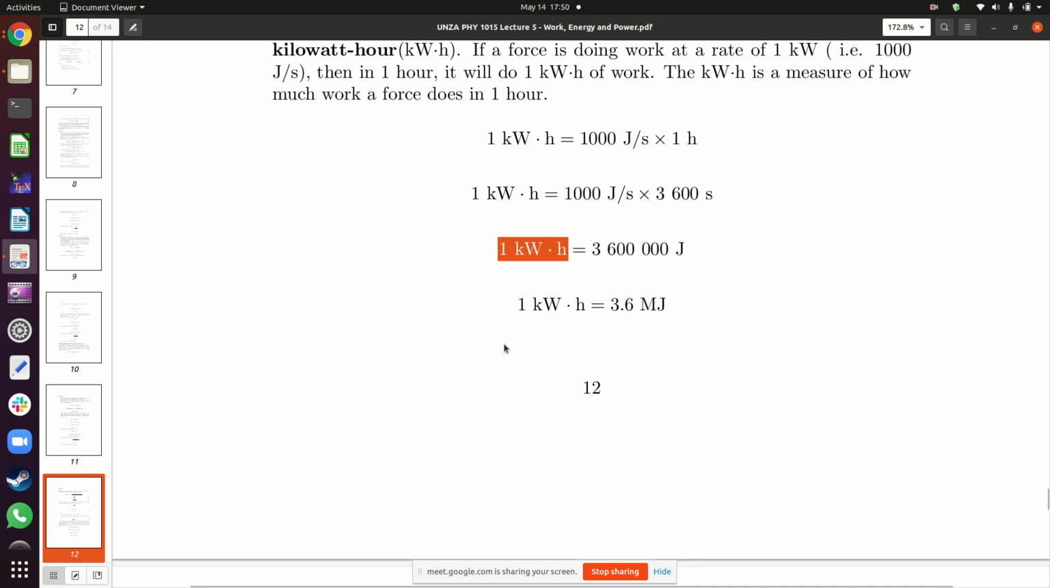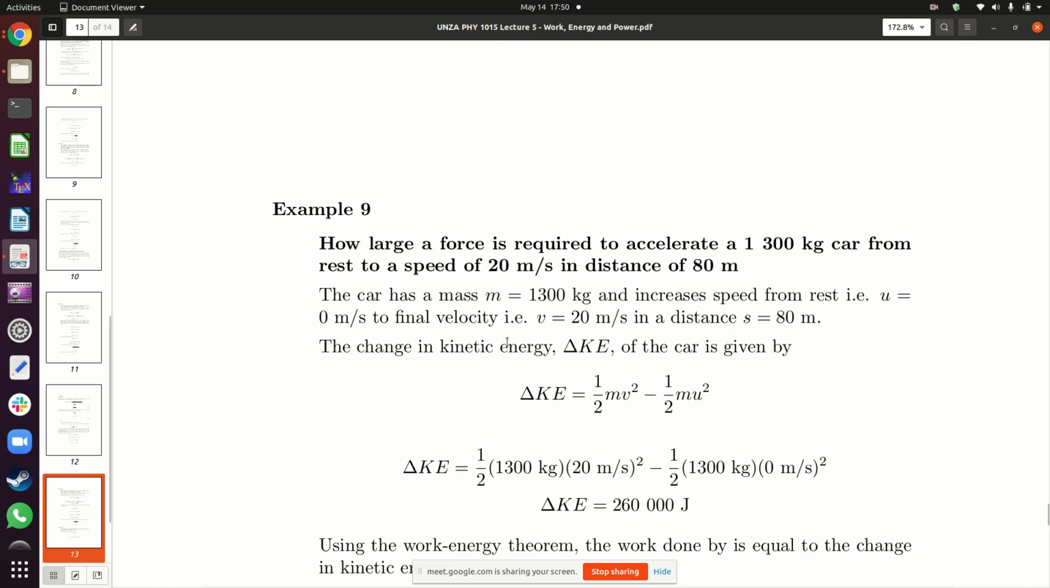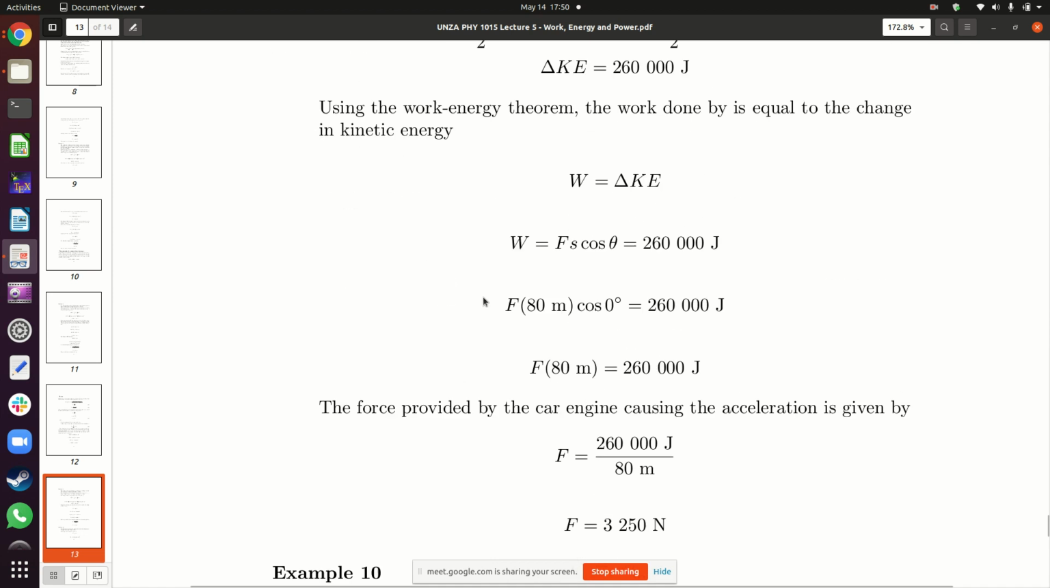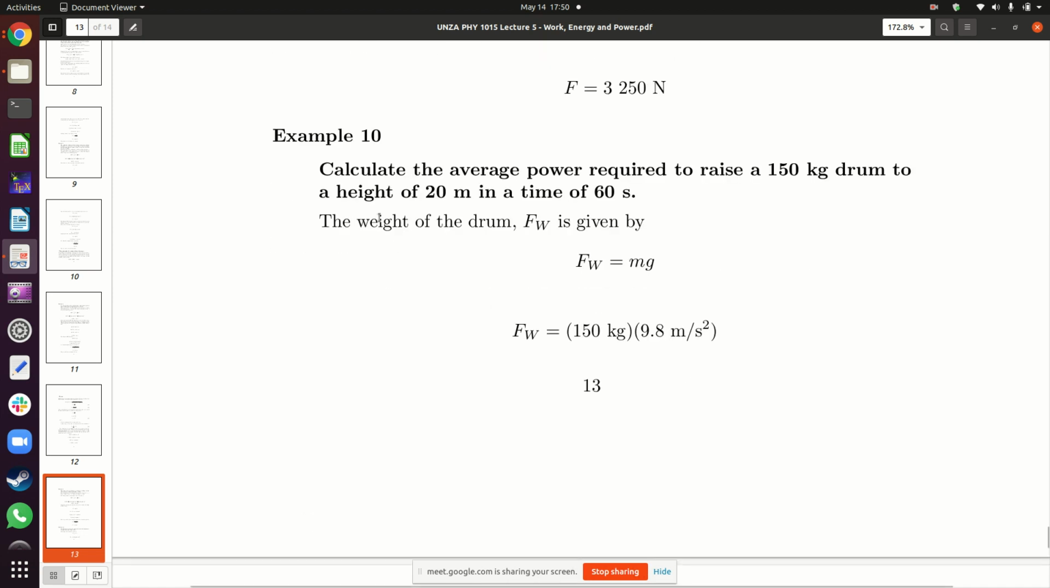No question. Okay. All right. This example is supposed to be somewhere up there, but the example you would look at is this one here. Calculate the average power required to raise a 150 kg drum to a height of 20 meters in a time of 60 seconds. When you are lifting something up to a height of 20 meters,